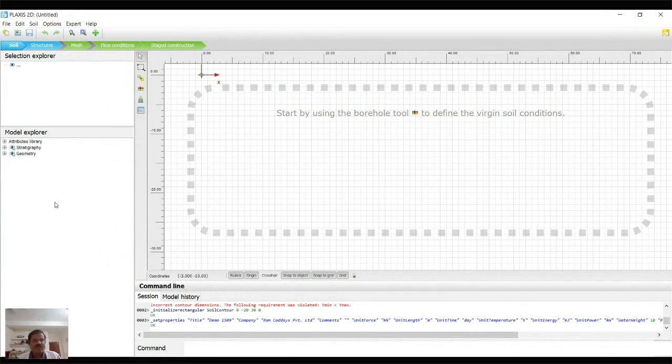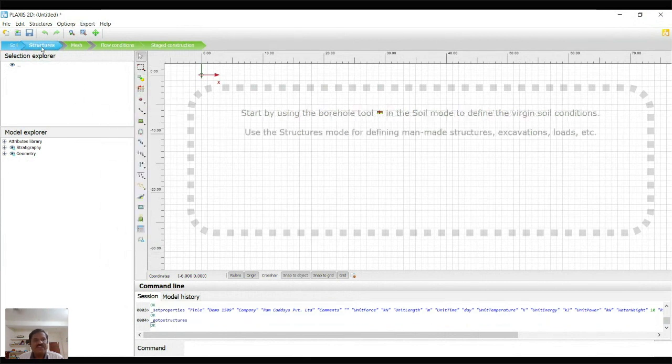Between the explorer pane and the graphical user interface is the vertical toolbar. This toolbar will change based on the mode. In the soil mode, we have create borehole, import soil, this kind of toolbar available.